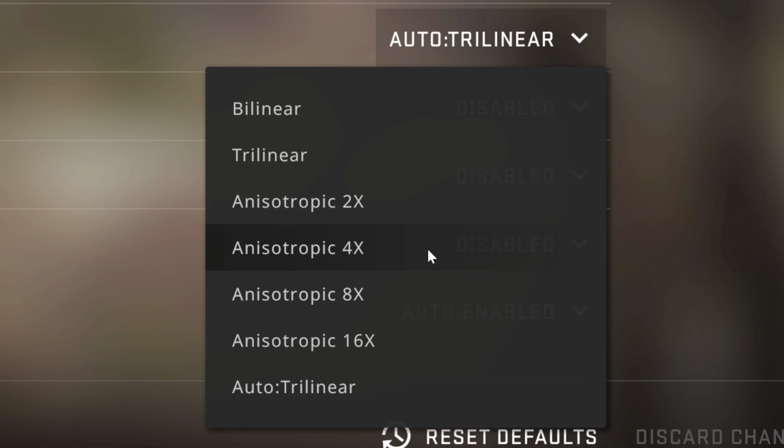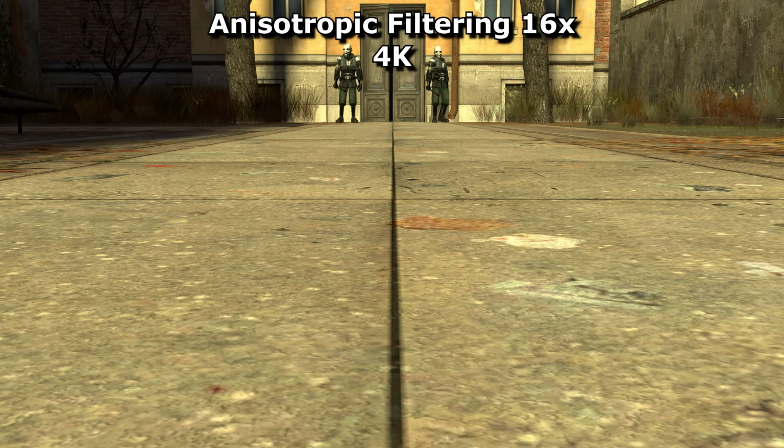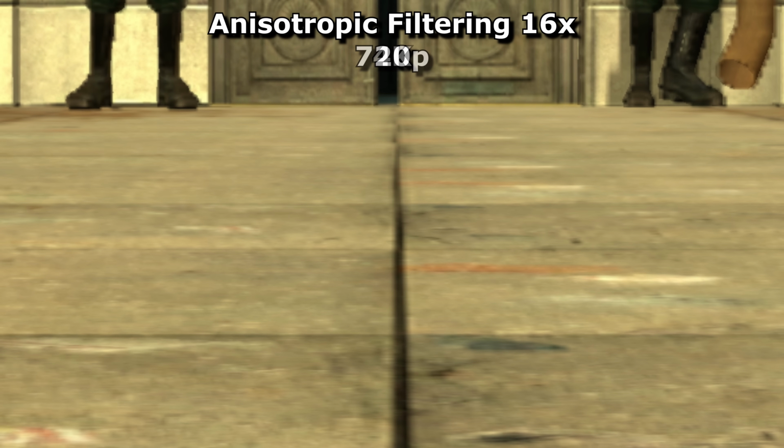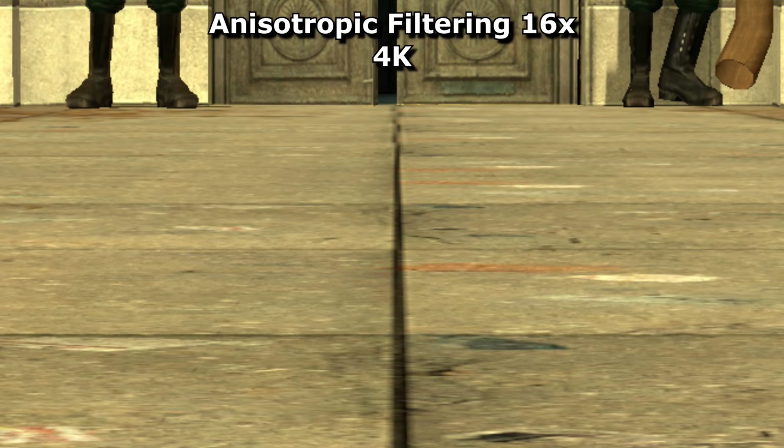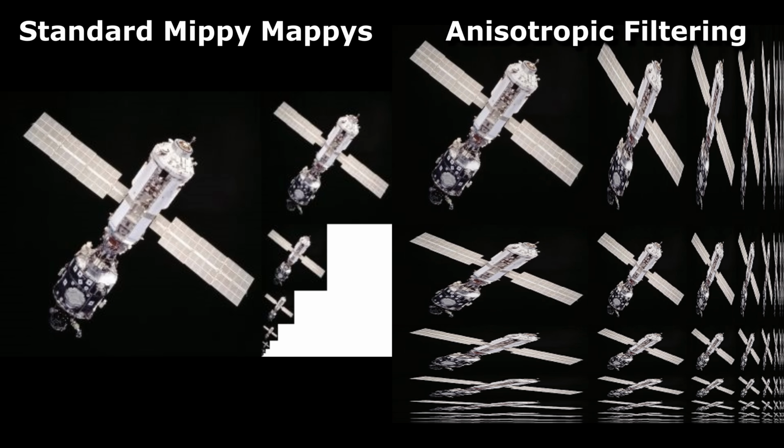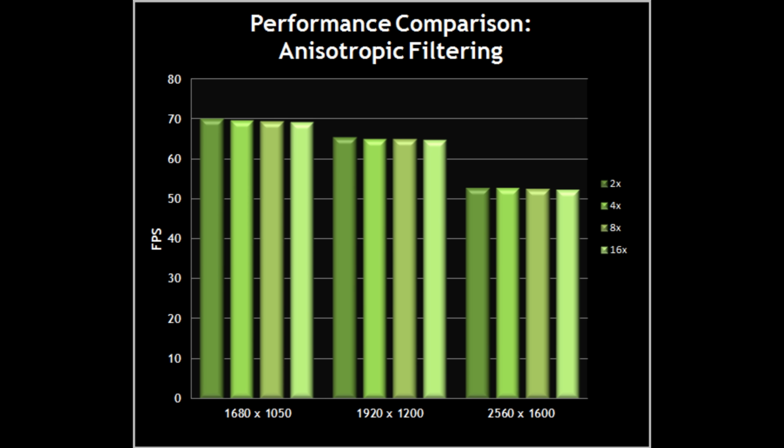But it is tied to resolution, as you can see from this comparison where I dropped to a lower resolution and therefore it looks worse. So if you really want better anisotropic filtering, then you can brute force it with a higher resolution. The problem is, all these skewed variations means that anisotropic filtering needs to remember more different versions of each texture, which can slow your PC down by not much. Like I said, you might as well whack it up to the maximum.